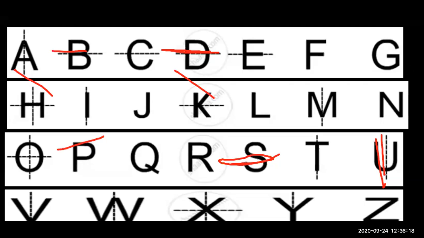So our question was, among the capital letters, how many letters are there with one axis? And with two axes, how many letters were there? There are infinite axes on one letter also, and the remaining have no axis, which we are going to classify. Now here, one axis, how many letters are there with one axis? Can you write in the chat box the letter names for one axis?